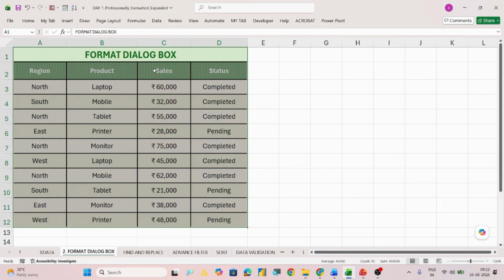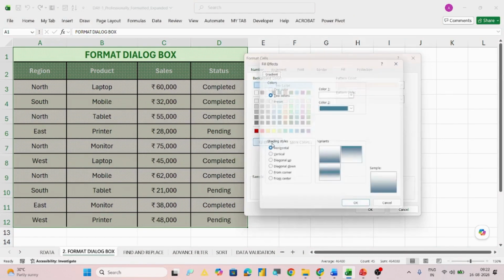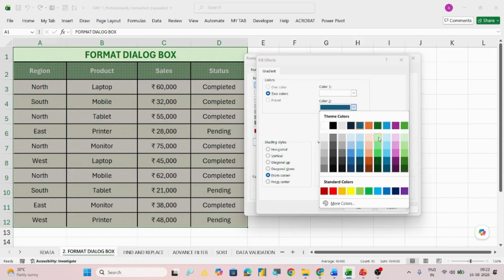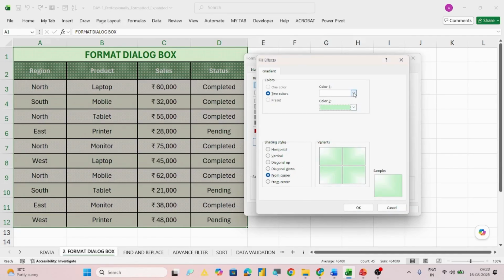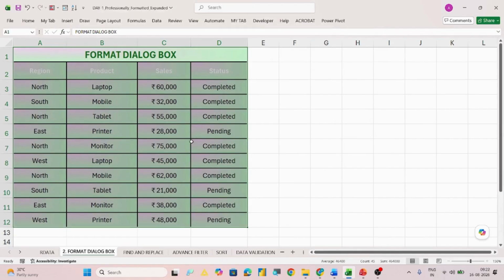Similarly, if I go over here to fill effect, I want to go for some diagonal effect coming from the corners, and the color which I want to choose is, let's say, green, and color two, let's say I want purple, right? So this is how it looks and this is implemented over here. So this is the fill color tab which is available in the format dialog box.